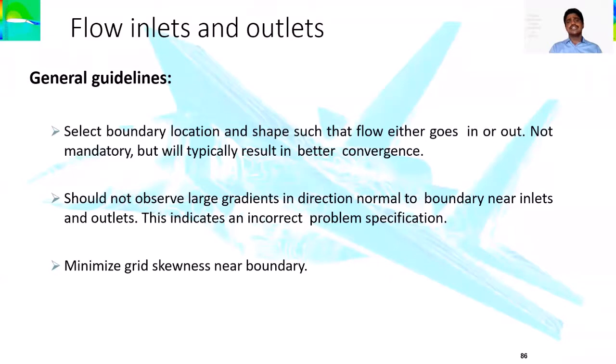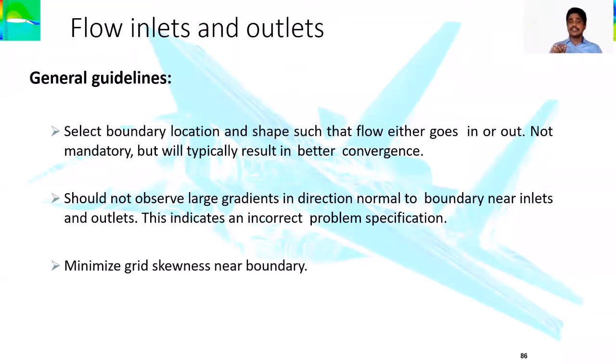Now, what are the general guidelines? Selection of the boundary conditions is very important in a fluid flow problem, and it is directing the convergence. In most cases convergence would be very easy, but it is dependent on many factors, like your grid accuracy or the level of refinement you make on the small cells. If every surface is matched onto the cell, then only the result accuracy can be matched.